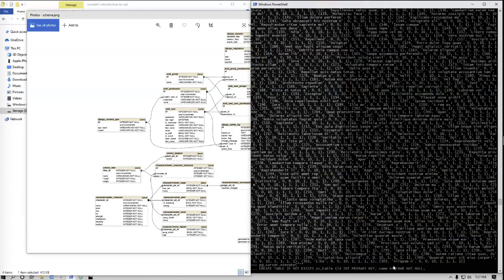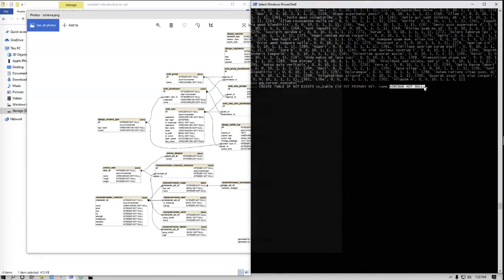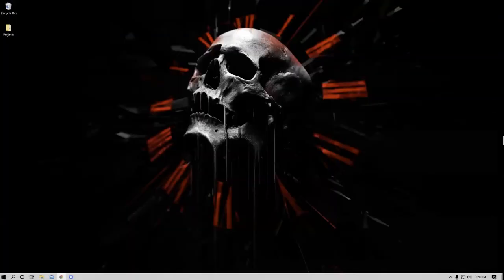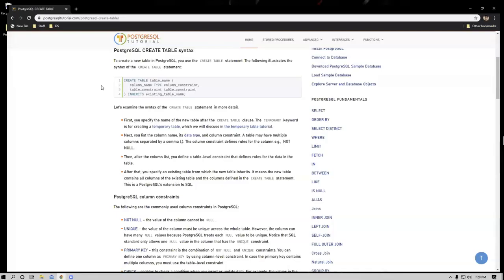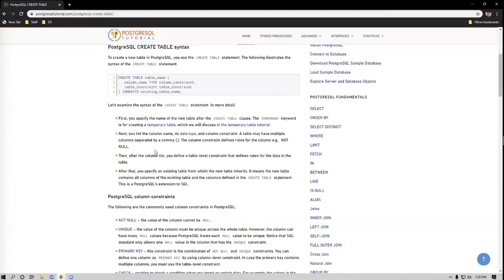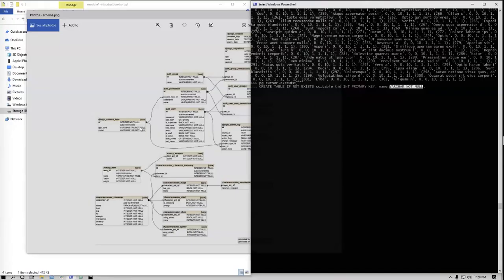All of this stuff is coming from the Postgres documentation. I literally pulled it off this; that's what I'm looking at. It's the Postgres tutorial. So when you're not sure about what SQL commands you need to be running, you need to go look at the SQL that you're trying to run. So that's SQLite 3, that's Postgres, whatever you're trying to write in. Make sure that you are familiar with where that documentation is. That's where I'm getting this stuff from. And then once you're done, you just close it up like you normally would.